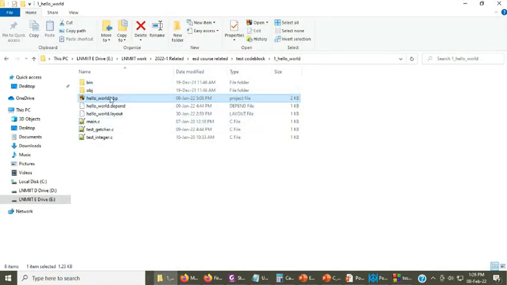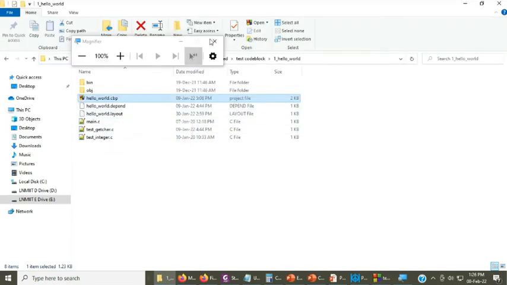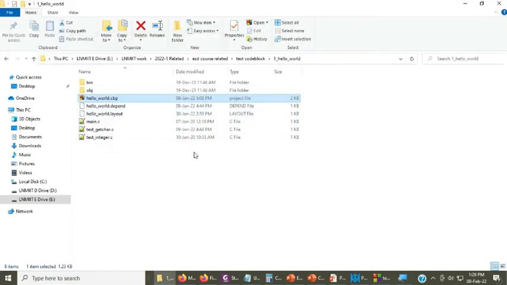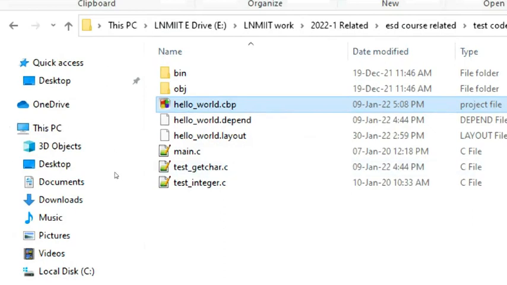For example, this is the folder where we have the project. Here you can see one depend file and one layout file are generated. So main.c, or test getChar.c, is our program.